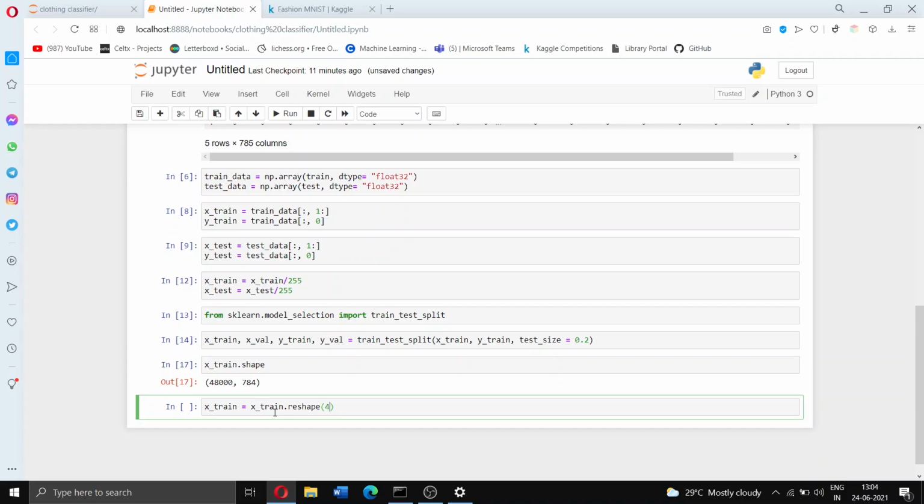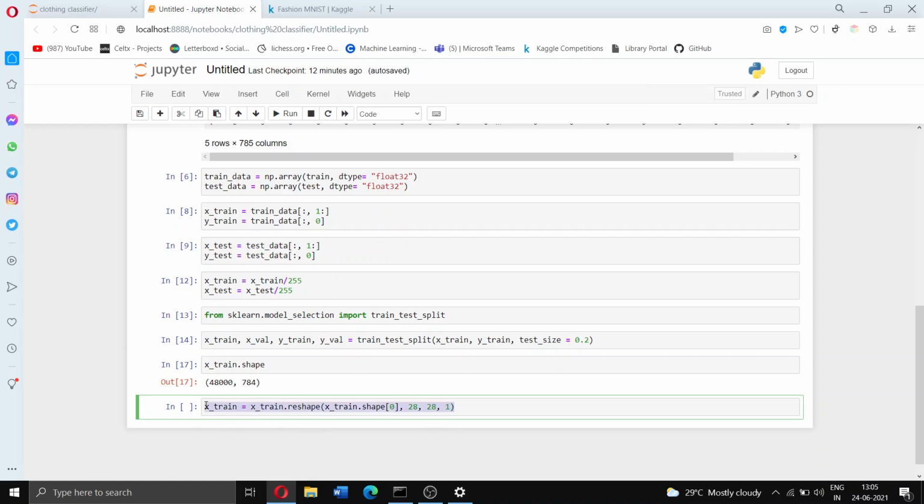We want the first element to stay the same, so 48,000. Actually, let's write this as x_train.shape[0] so that it's a little better. And we want it as a 28 by 28 by 1. The 1 again signifies that there's only one color channel, not 3.